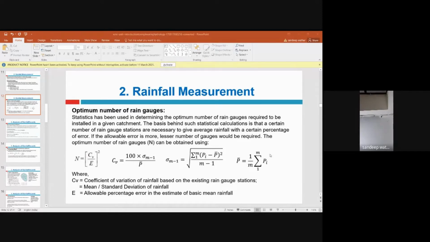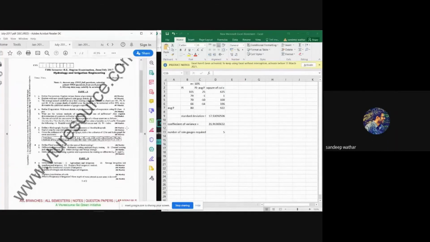as you know how to calculate the average of precipitation, this is the equation to calculate it. Anyway, we'll deal with this later. So quickly write down all these equations so that we can solve a problem on this. First we'll write down the problem that is given, then we'll solve it.